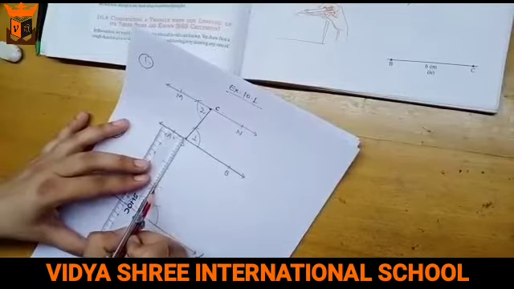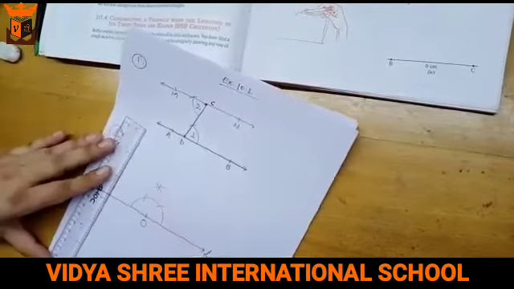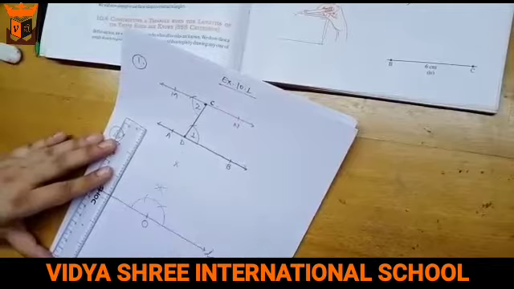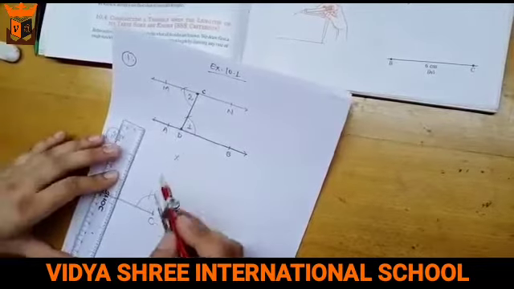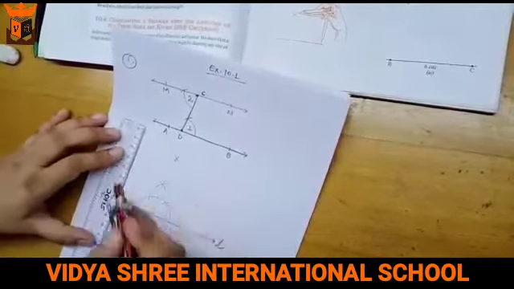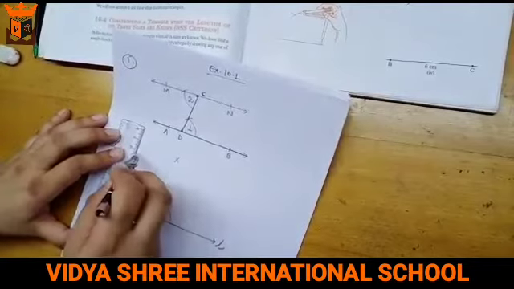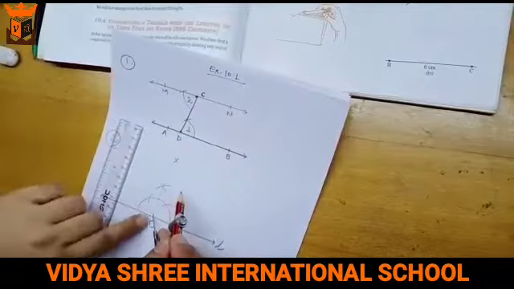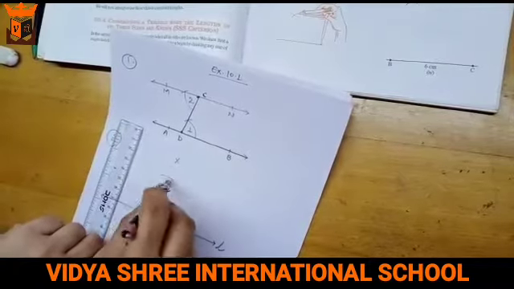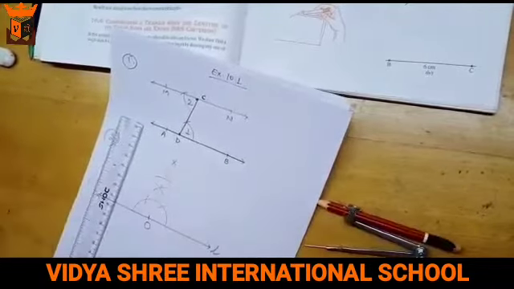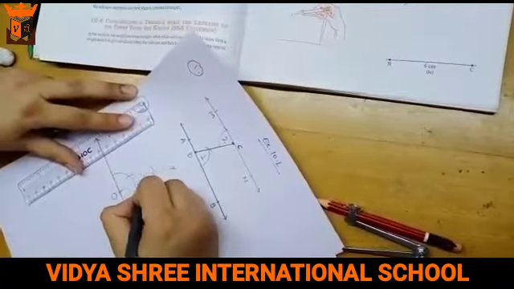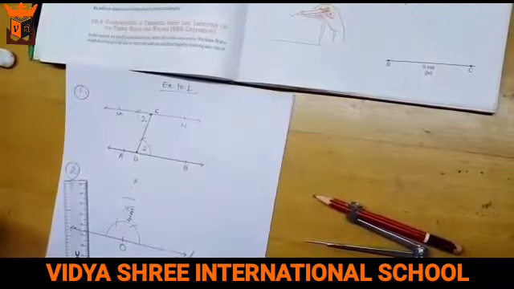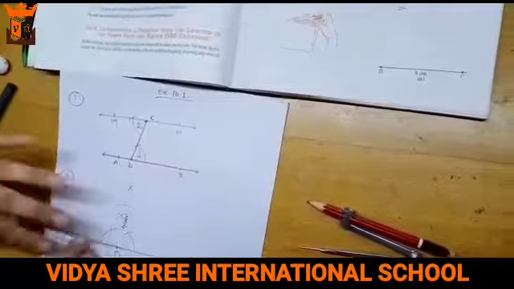Now this joining point is called X. Take X over here. Okay, now OX will be 4 cm. Through the help of a scale you can take 4 cm and at point O you can cut over here, and this will be 4 cm away from O, or line L. Now